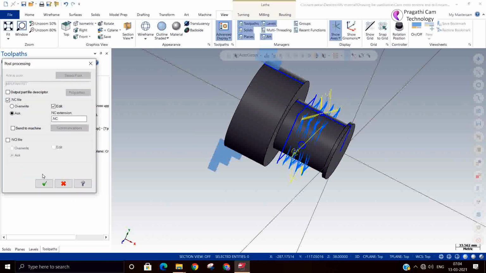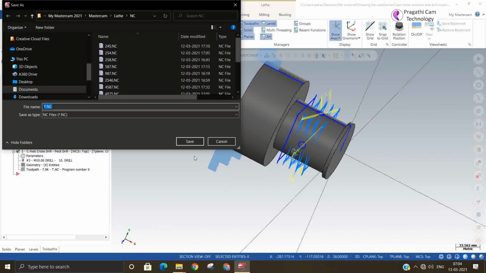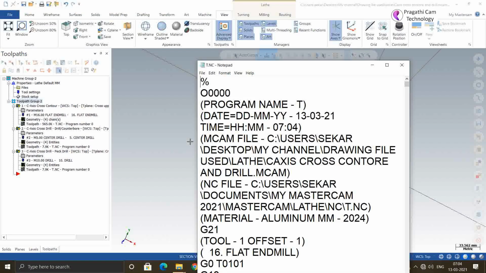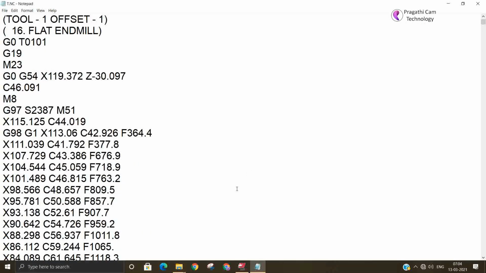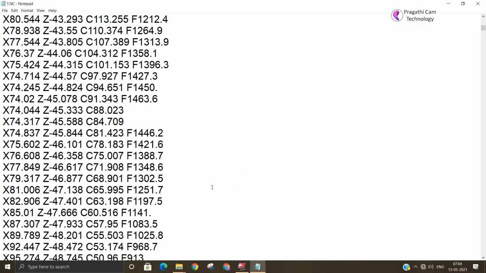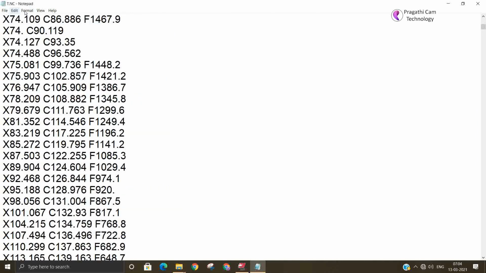If you remove the output for this, all will come in this C-axis. Okay, all in C-axis. You can find where the drill is coming.